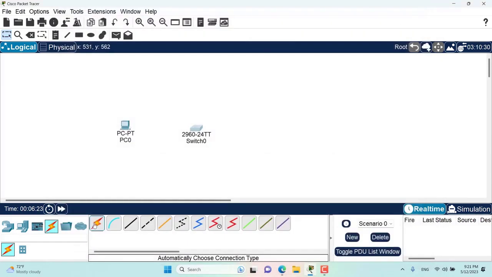Now if I go here, choose my auto cable and click on these two devices, the cable type will be